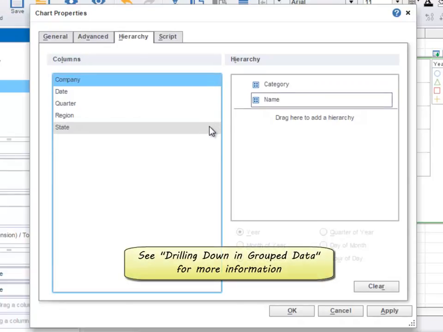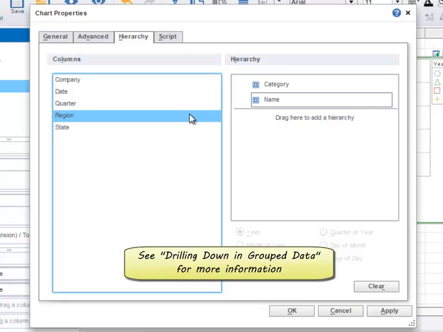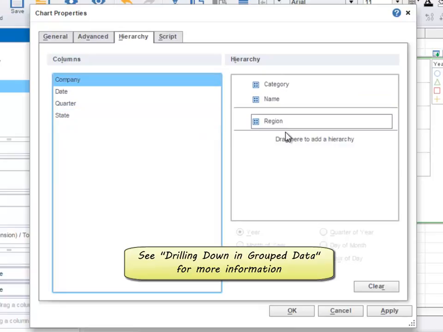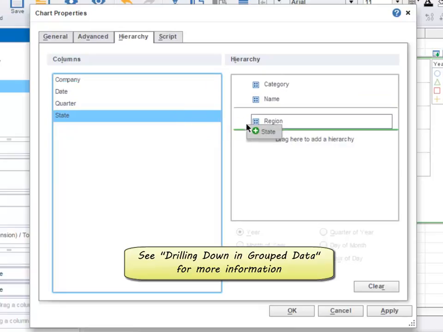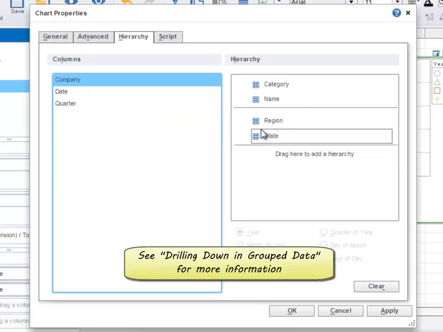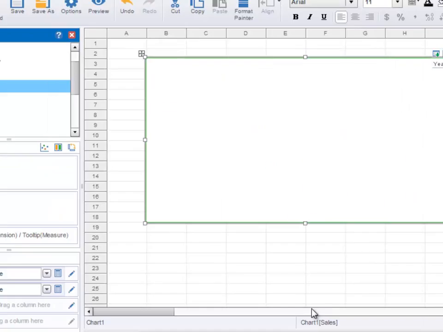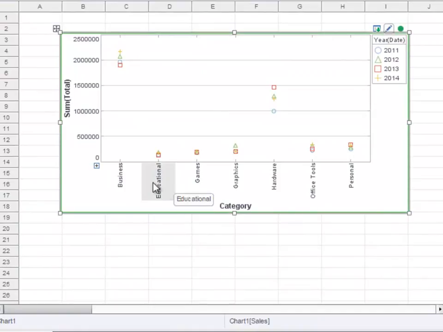Note that you can specify multiple independent hierarchies. For example, if the chart was also breaking out groups according to region, we could add a second hierarchy that included the levels Region and State. When you've specified the desired hierarchies, press OK, and then observe that when you move the mouse over the chart,